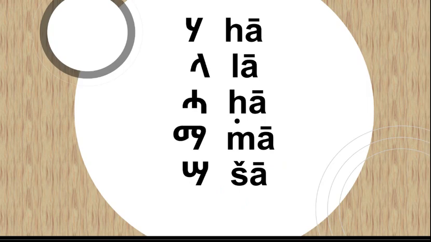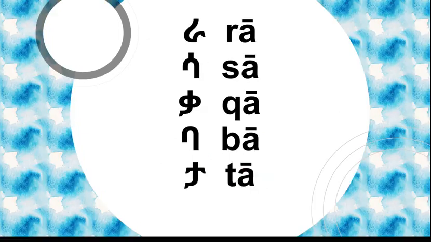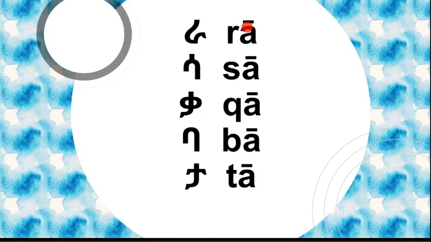Now let's go to pronounce all 26 fourth variants of Giz alphabet. Ha, la, ha, ma, sa, ra, sa, ka, ba, ta,